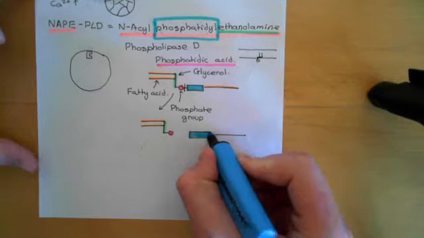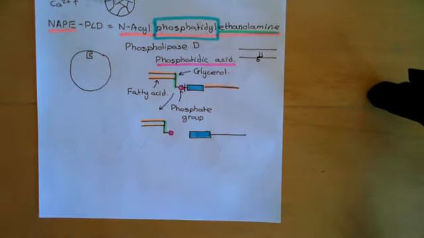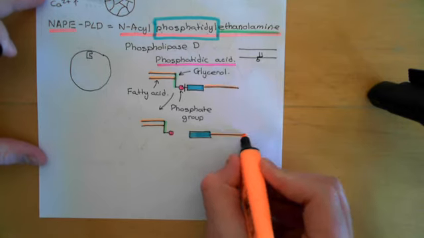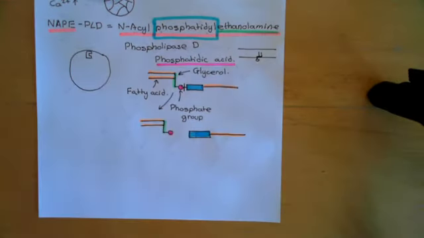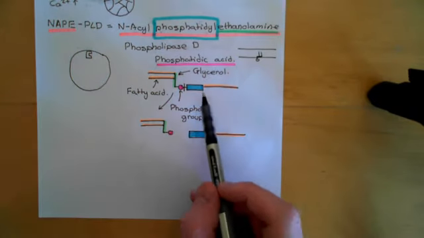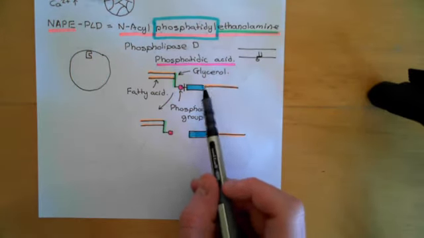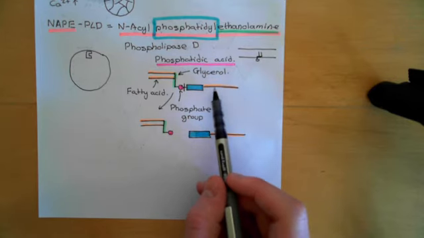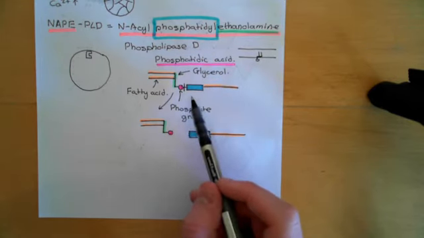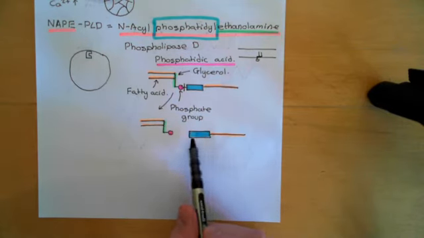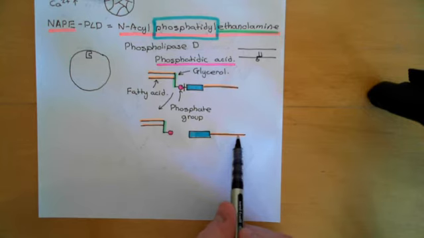Now, I did not tell you what long-chain carboxylic acid we had attached onto the ethanolamine, and the reality is that it could be loads of different long-chain carboxylic acids. And the N-acyl phosphatidyl ethanolamine phospholipase D does not distinguish between different N-acyl phosphatidyl ethanolamines. It doesn't care what long-chain carboxylic acid you have here, so it'll cut them all. It will produce ethanolamine attached to all sorts of different long-chain carboxylic acids.